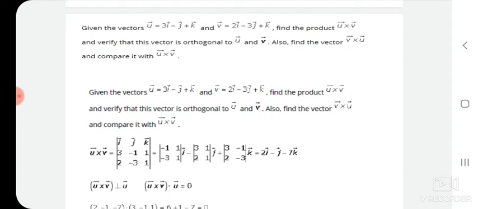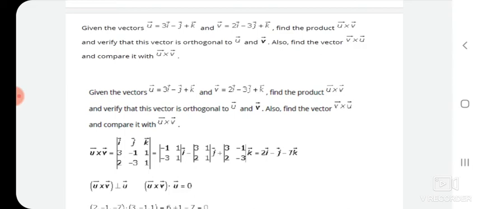This vector is orthogonal with u and v. How can we verify that? Vector u is 3i minus j plus k, vector v is 2i minus 3j plus k. If we take u cross v, u cross v is the determinant of i j k, 3 minus 1 1, 2 minus 3 1, which is equal to i times the determinant of minus 1 1, minus 3 1, minus j times the determinant of 3 1, 2 1, plus k times the determinant of 3 minus 1, 2 minus 3,